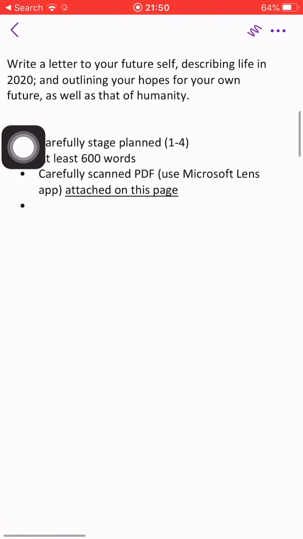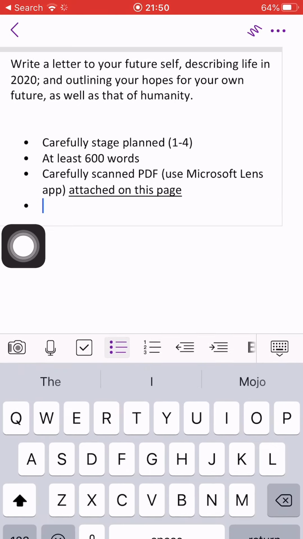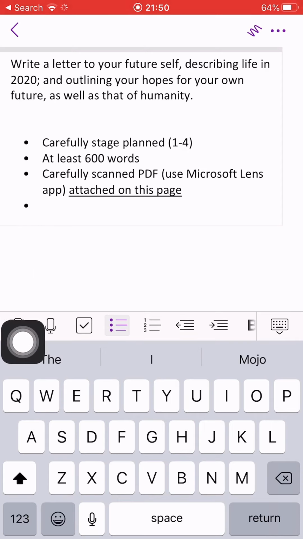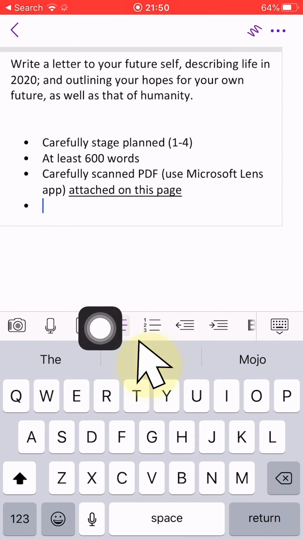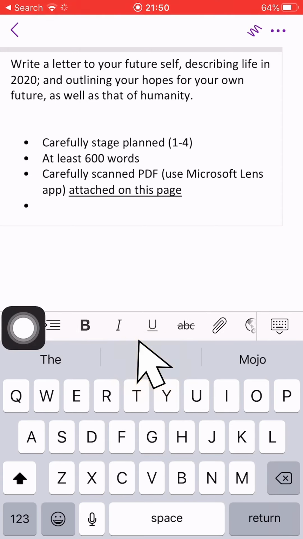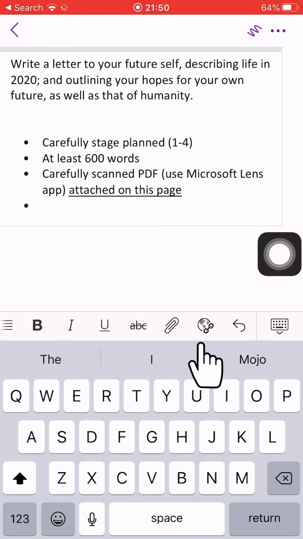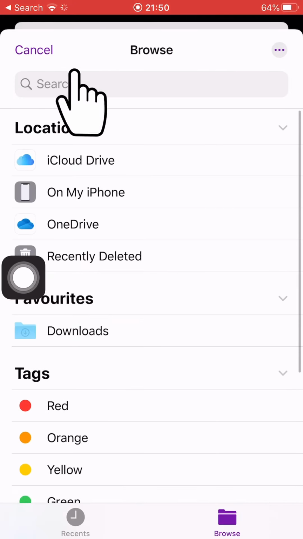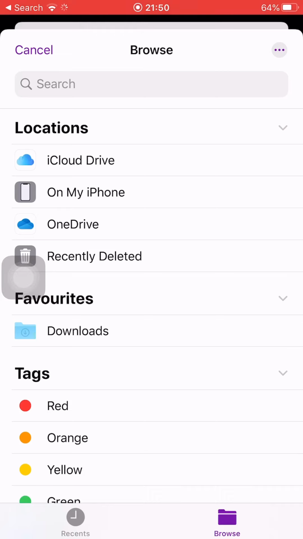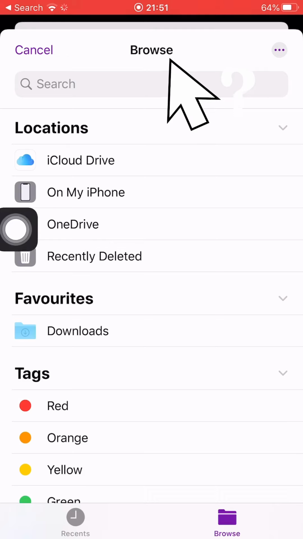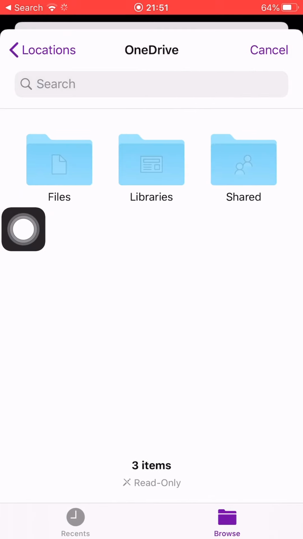And then once that page opens, tap anywhere on the screen and the toolbar will appear with different options. That toolbar on an iPhone, you need to scroll across until you find the attachment icon, the paper clip, and that's the icon you're looking for. So tap on that and you'll have the option then of looking for a file to attach. So OneDrive is where you're looking. The first time you use it, it might be set up and you might have to tap on an option for something like more places and press the button to turn on OneDrive. But once OneDrive is set up on it,